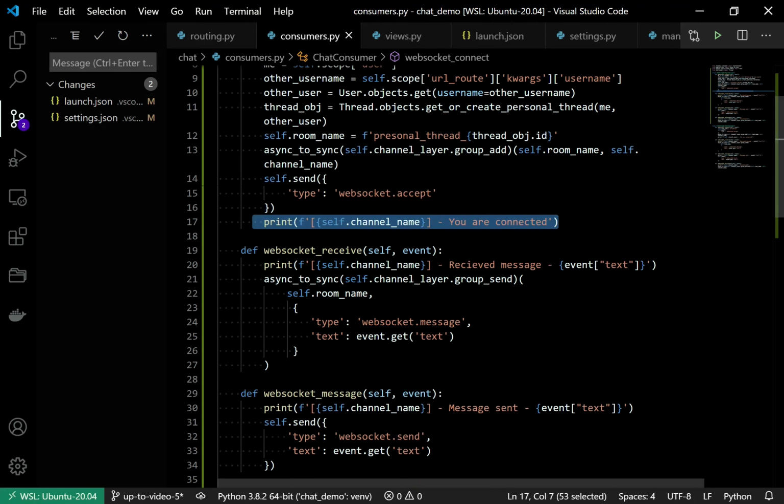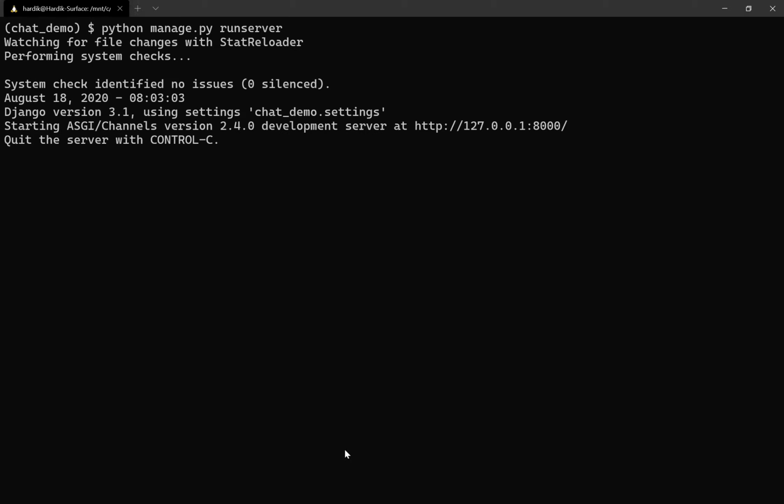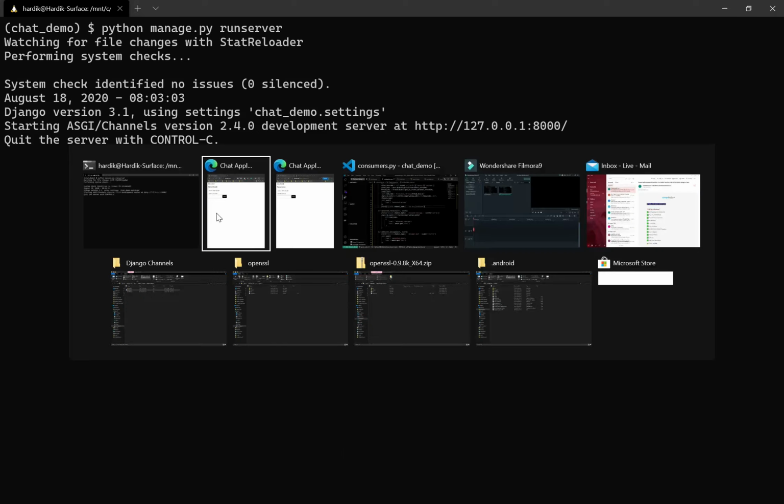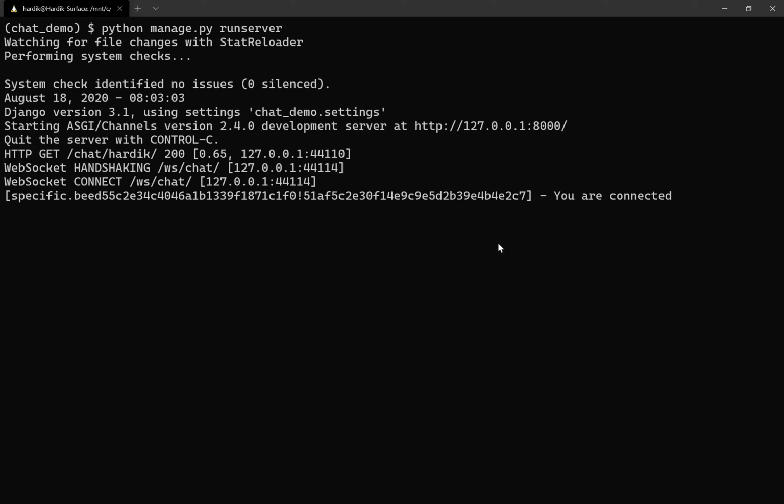Now let's look at the front end, or maybe let's run the application first. Okay, so the application is now running, and let's refresh the page here. As you can see, you are connected without any error, because we haven't changed that URL from the front end side. Still it is calling that broadcast consumer, because we have to change that URL from the front end side as well. So how can we do that? Let's do that first.